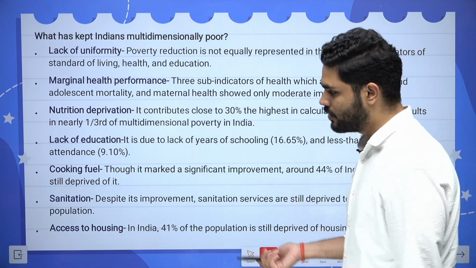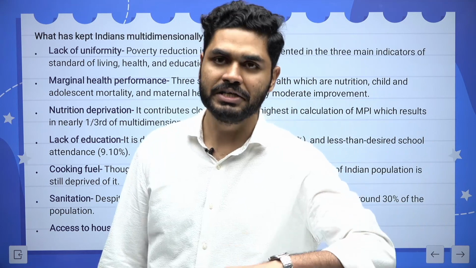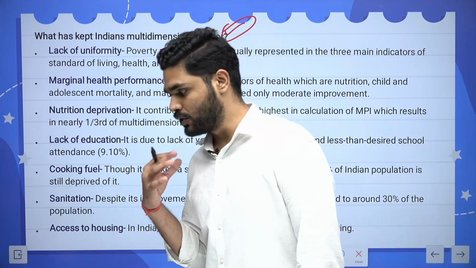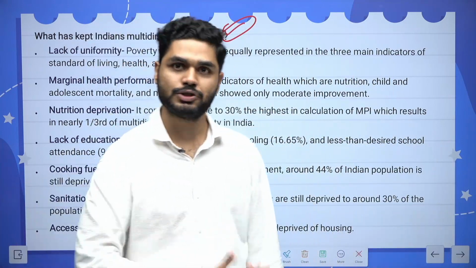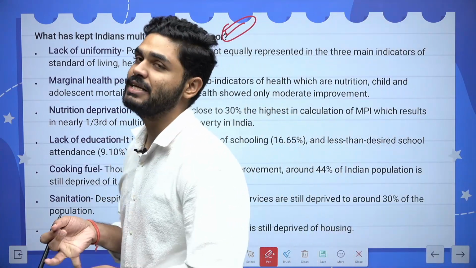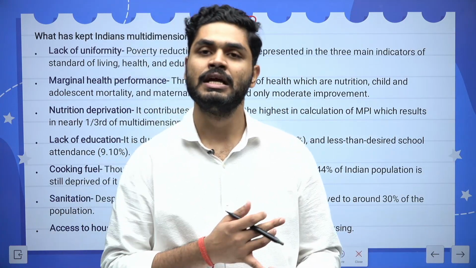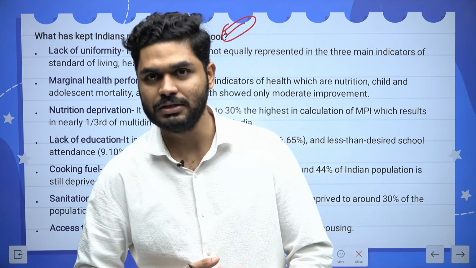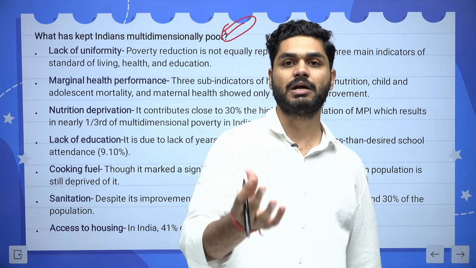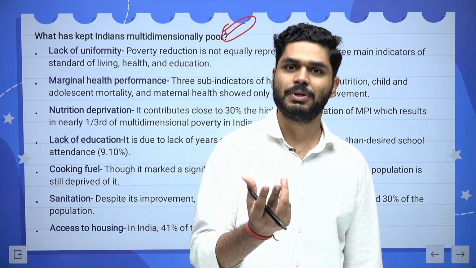Now, there is a question: what has kept Indians in multidimensional poverty? Okay, why are Indians multidimensionally poor? 5 years back, this number in rural areas was around 32%. In urban areas also it was around 8%. So how are people, because the definition of multidimensionally poor is very scary. On one hand, an individual or the people, a society, they are poor. On the other hand, they are suffering from bad health. They are suffering from lack of access to education, and even the basic amenities of clean water and accessible supply of electricity.